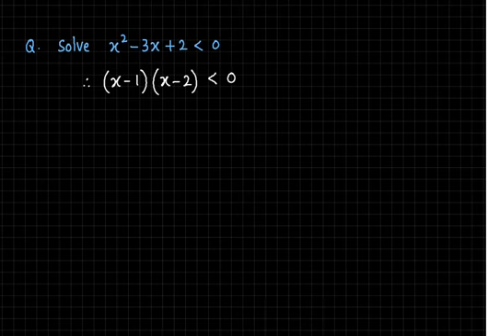Now what it means is the product of two quantities is negative. So ask the question, when is it possible that the product of two numbers or two quantities is negative? There are only two possibilities: either one is positive and the other is negative, or the first is negative and the second is positive. So basically we want both of them to be of different signs, and we can decide which is positive or which is negative in two cases.